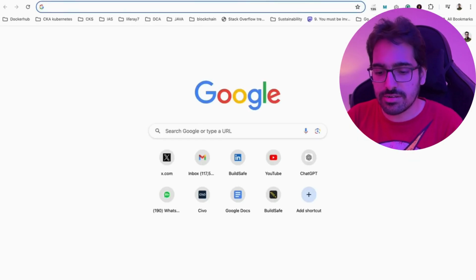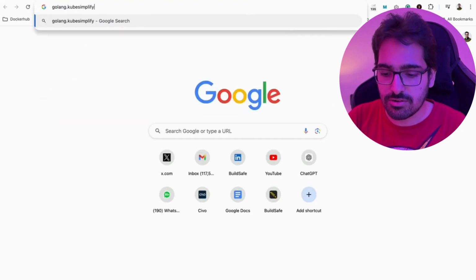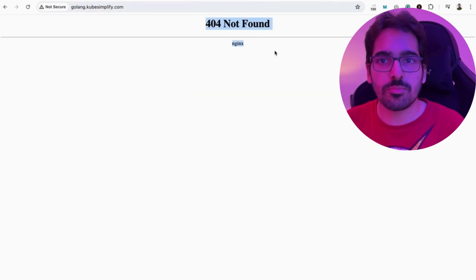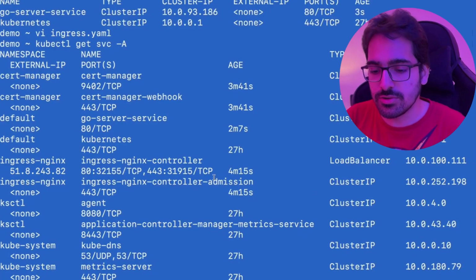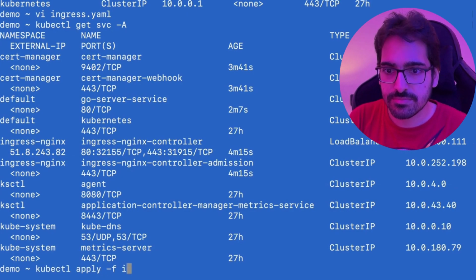So now if I try to hit golang.kubesimplify.com, it is properly routing and giving us 404 not found. Now what we'll do is we'll be creating the Ingress,